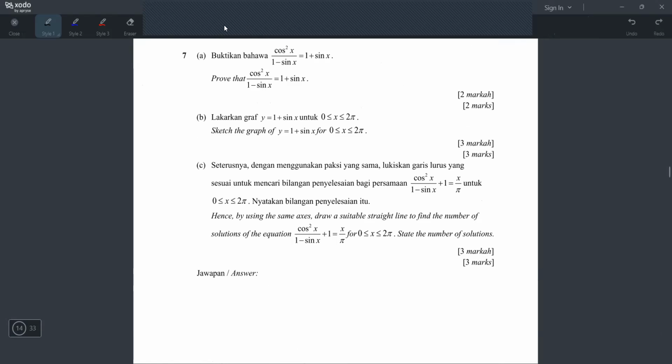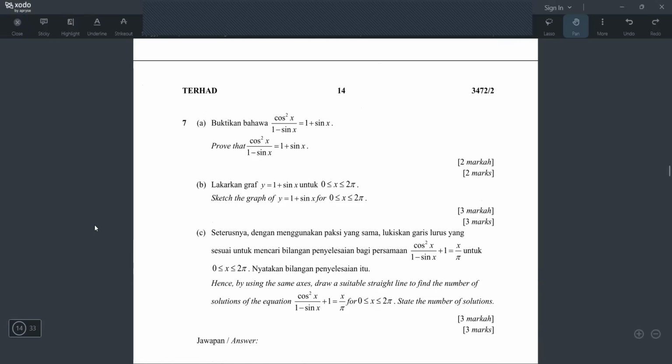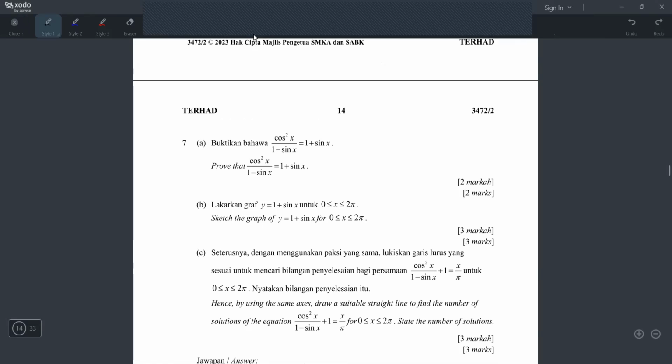Let's continue with question number 7. I think this is the trigonometry chapter. Let's see. Question A says prove that cos square x over 1 minus sin x equals to 1 plus sin x. Okay, I don't have to do it here, because the working will be very short. I will just do it here. All right. Okay, just from this, I can already tell I will start from the left hand side. The reason why is because